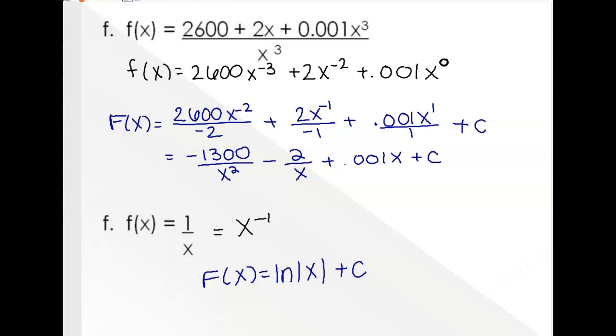Ms. McBride? Yes. Will it always be ln absolute value x? Yes. Okay. So it's kind of like the ln absolute value is kind of like, if you think back to